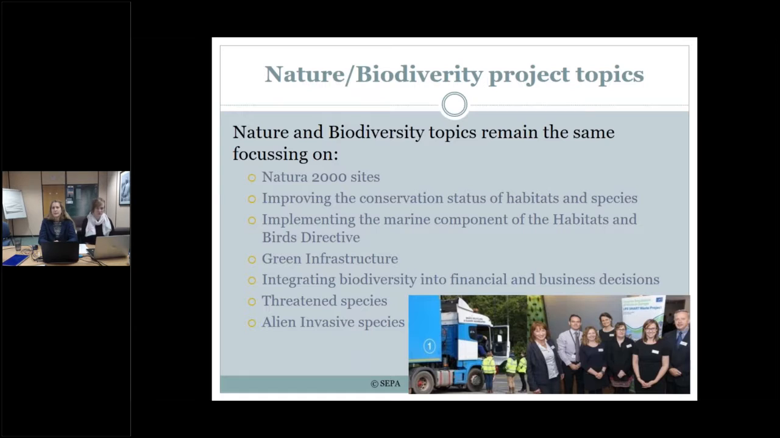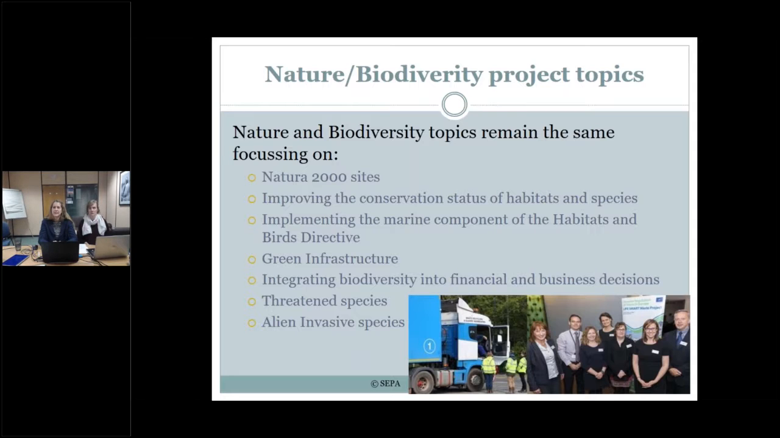As I've already said, they have remained the same as in 2018, and you see them listed here on the slide. And this LIFE strand project should focus on Natura 2000 sites and improving the conservation status of habitats and species, as well as implementing the marine component of the Habitats and Birds Directive. Under LIFE Biodiversity, applications are encouraged